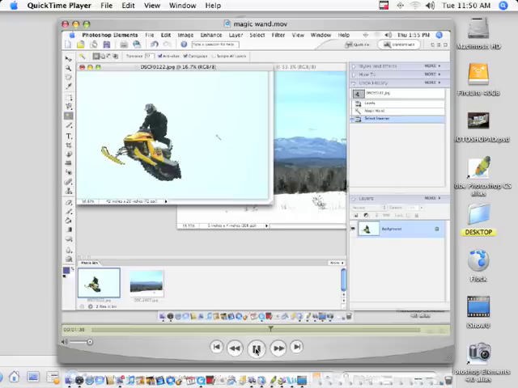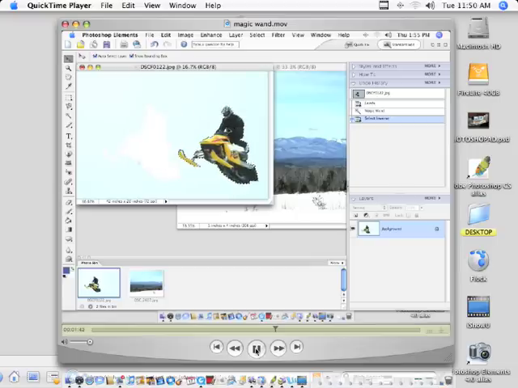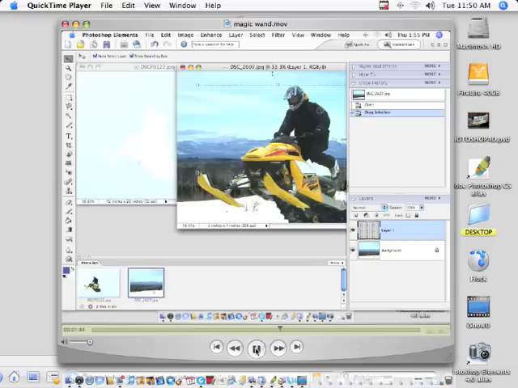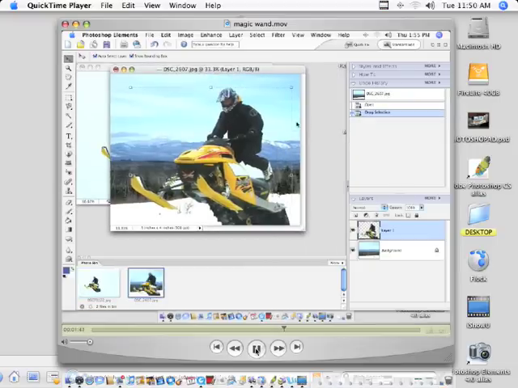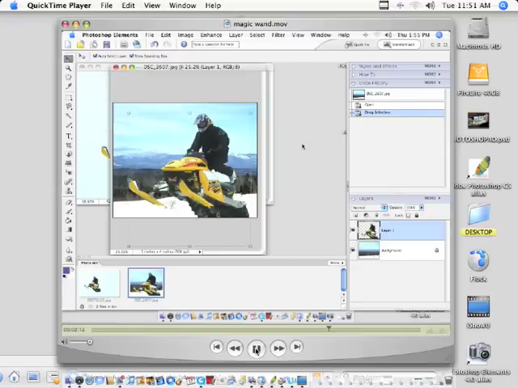I'm going to hit V for the move tool, and then I'm going to take this image and drag it over onto this other image that I have opened up. And he's a little bit too big for comfort, so I'm going to transform this picture to make it a little bit smaller. And what I'm going to do to start off with is I can see the little handles in most areas, but I can't see them down here because part of this picture goes outside the image. So I'm going to hold down my Apple key and hit 0, and that will show me where all my handles are for this picture.